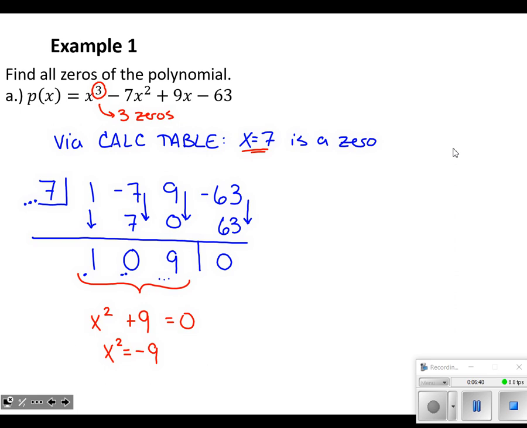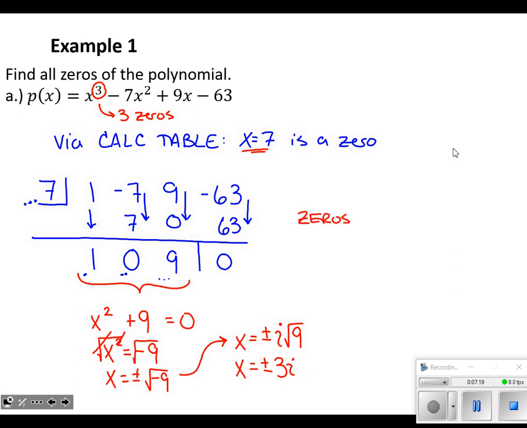So here I'm able to square root both sides, and I get x equals plus or minus the square root of negative 9. And square rooting a negative, we learned that back in section 3.2, this just indicates that we've got imaginary solutions. So we call it plus or minus i times root 9. That takes care of the negative underneath that square root. And then the square root of 9 is just 3. We were fortunate to get a perfect square number there, so I've got plus or minus i times 3, or just 3i.